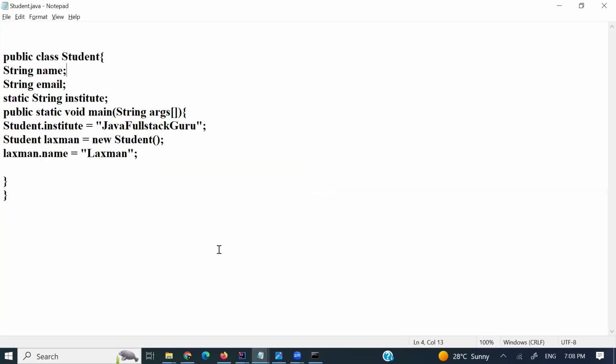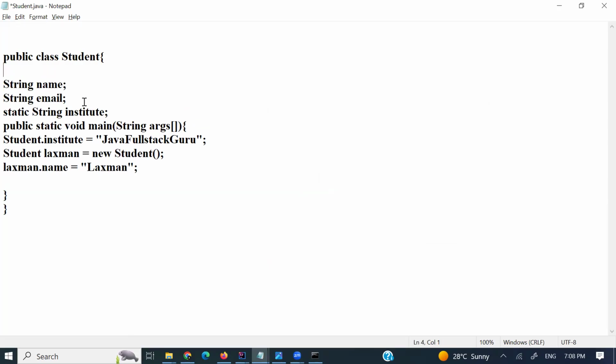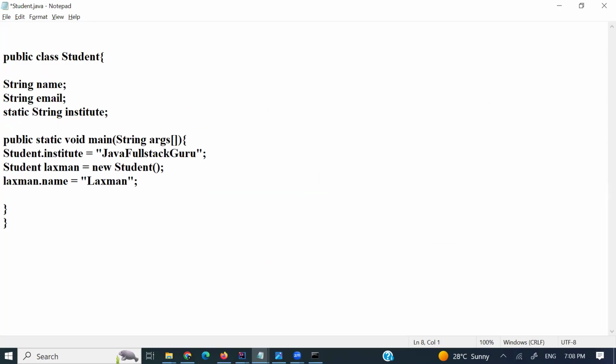Object is created here. In the Student class, I initialized three variables: name, email, and institute. Institute is the static variable. And here, inside the public static void main method,